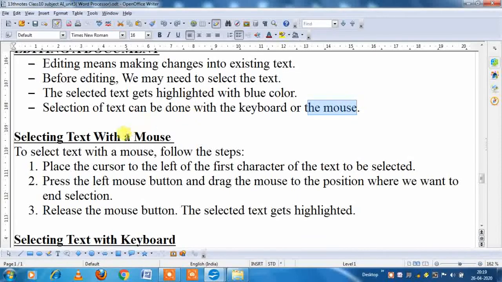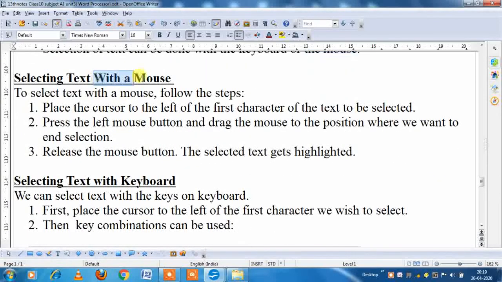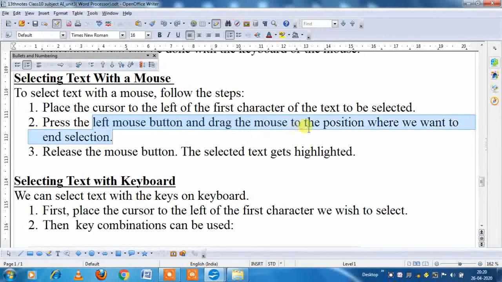Firstly, with the help of mouse. Very simple. With the help of mouse, from where you want to select the text, put your cursor, press the left mouse button and then drag the mouse to the position up to where you want to make a selection.